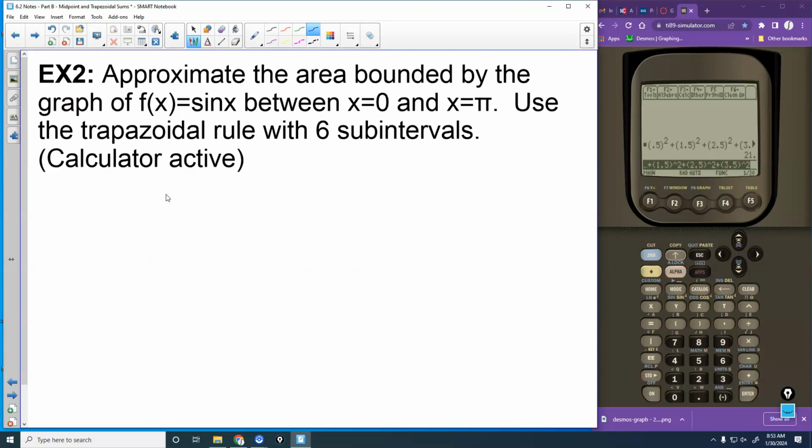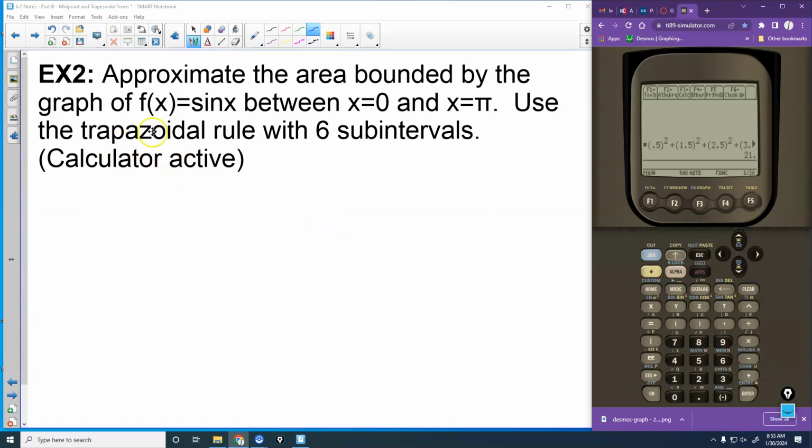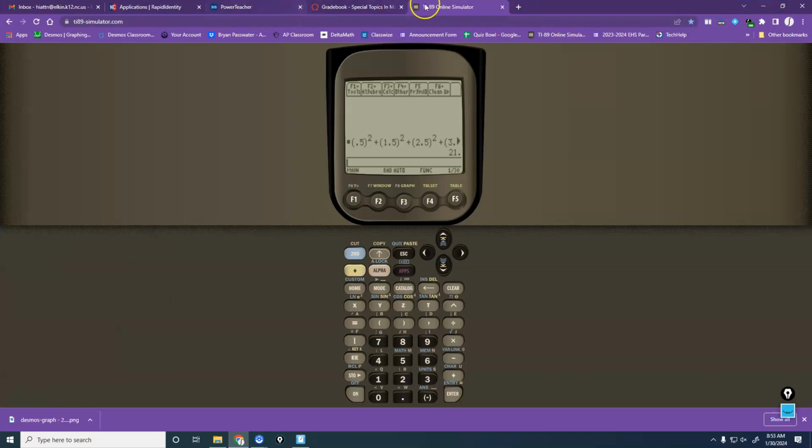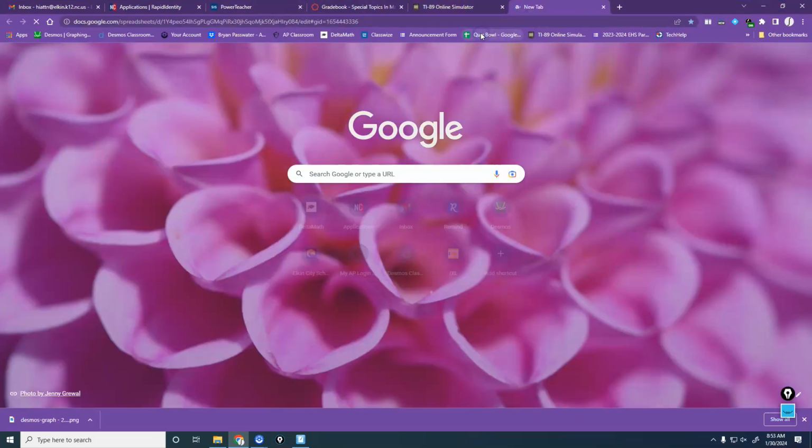Okay, we are supposed to approximate the area bounded by the graph of f of x equals sine x between 0 and pi. Use the trapezoidal rule with 6 subintervals. Okay, now trapezoidal rule, we're going to get to a rule that you can use as a shortcut, but it just means we're going to use trapezoids this time. So once again, I'm going to cheat a little bit and use Desmos for this graph